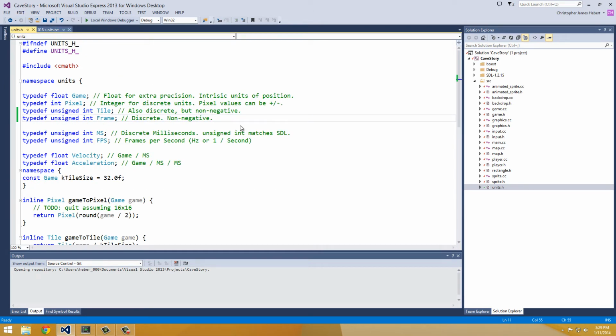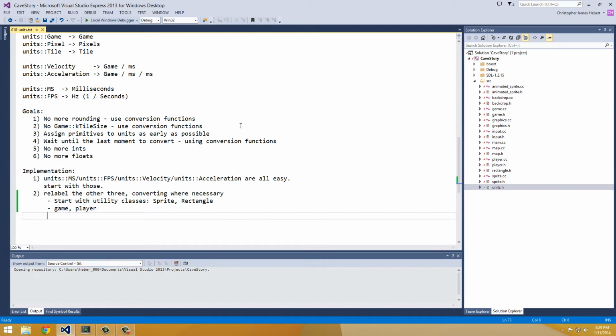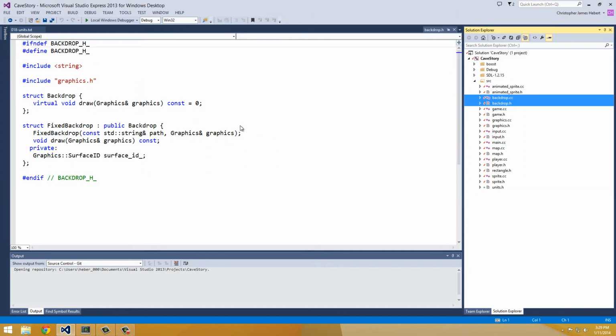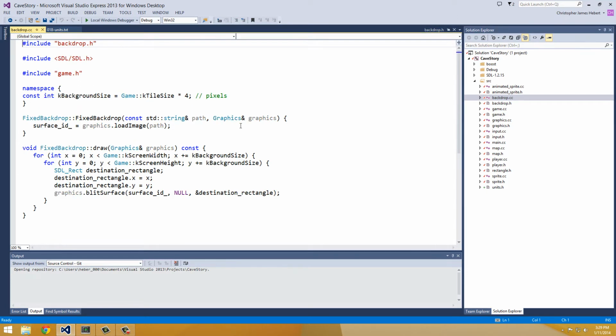So what was next after animated sprite? We've got to get to backdrop, because that has a draw method. So it looks like backdrop.h doesn't store anything. Let's look at backdrop.cc. And yeah, here we go. We have a draw method, and we have our